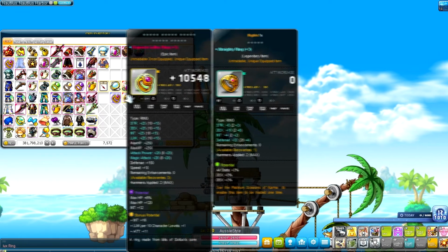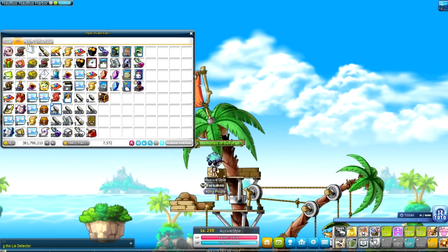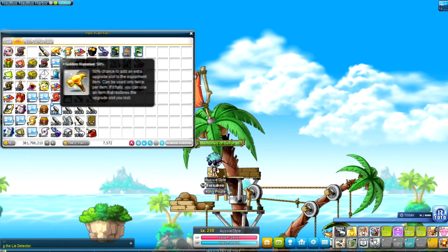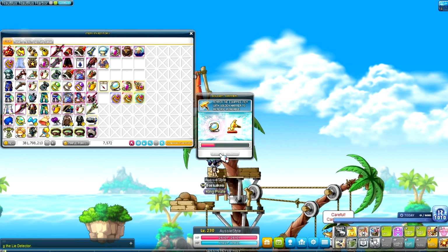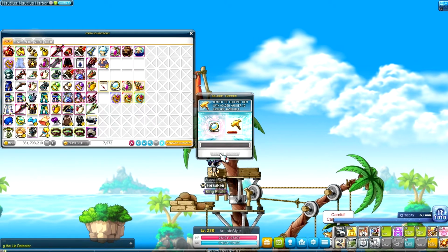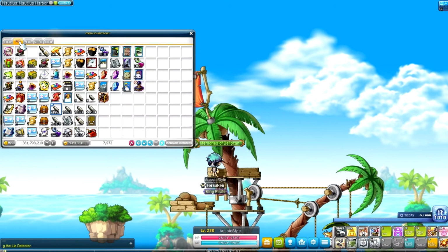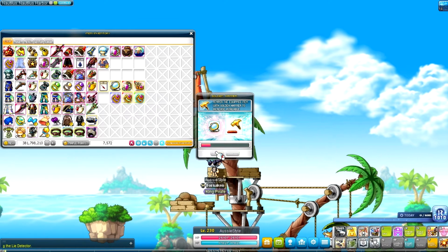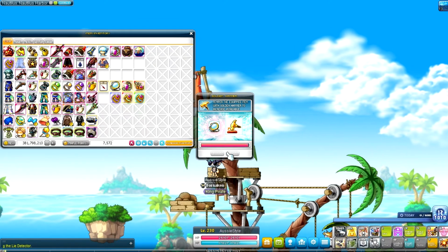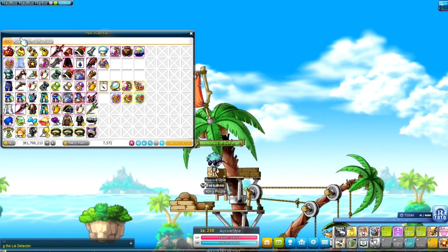I did state a week or two ago that I was a bit worried about how summon heavy the class was, but I actually quite enjoy how the class plays. Yeah, the summons are there, but I'm quite happy with how it moves around. The only thing I haven't done is move my frenzy totem over because I haven't started training it properly yet. I will get around to doing that, but even I'm just surprised how much experience it gets from